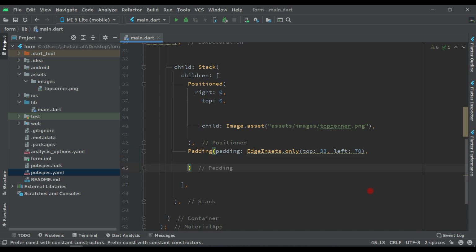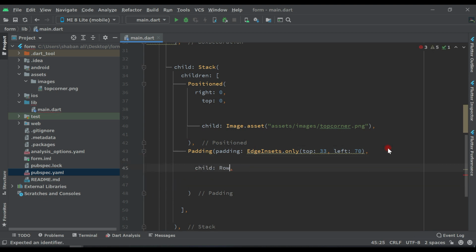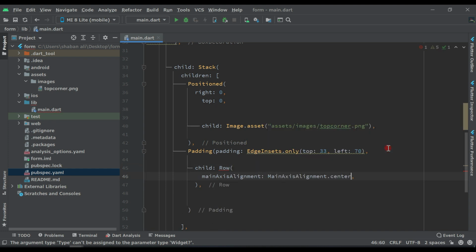And then after this, the child will be a Row. Inside this Row, the mainAxisAlignment will be center, or let's say start. Children: